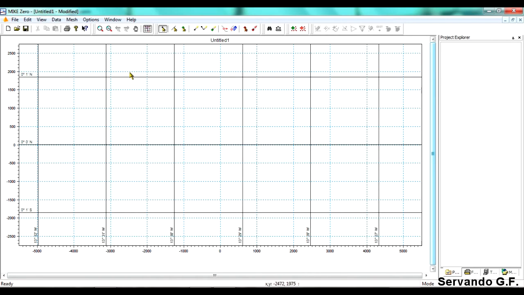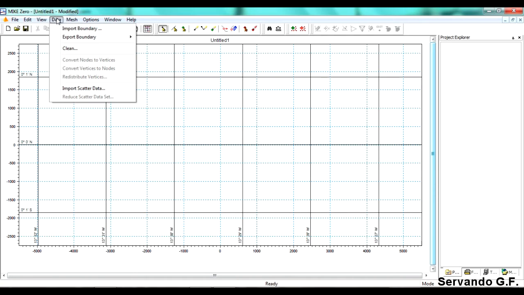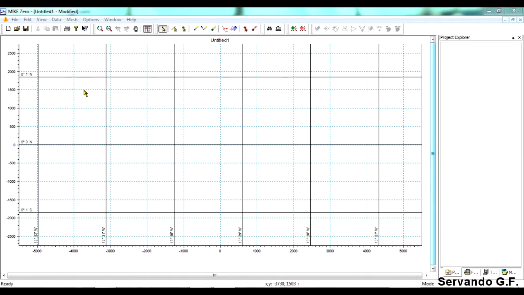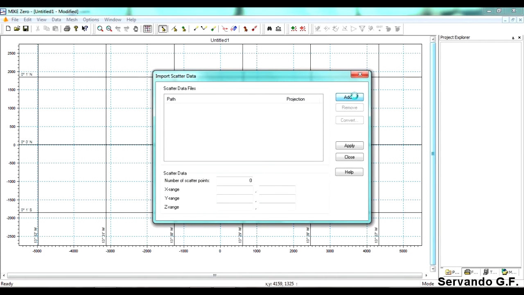What I'm going to do now is to import the points that I have been defining while translating the Admiralty chart into X, Y, Z data. So I'm gonna go to data, import scatter data. I'm gonna go to add,